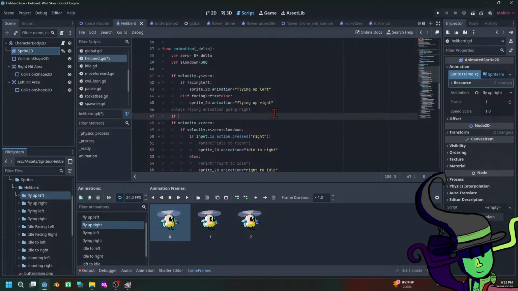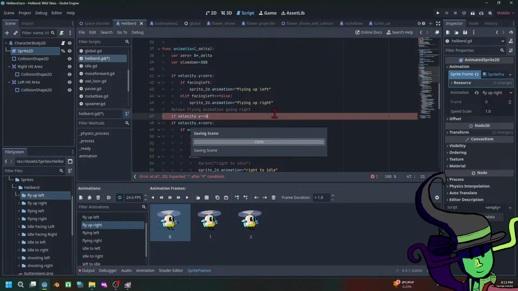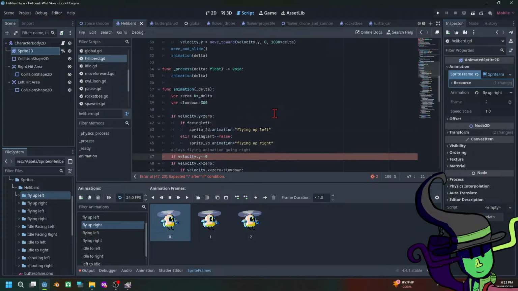Then if velocity dot y is equal to 0, equal to or greater than